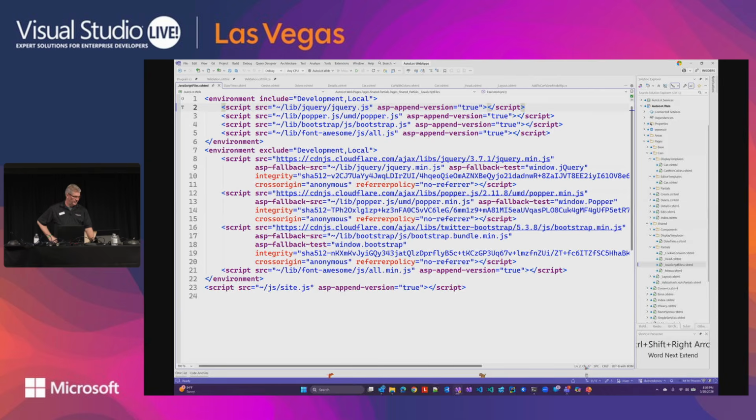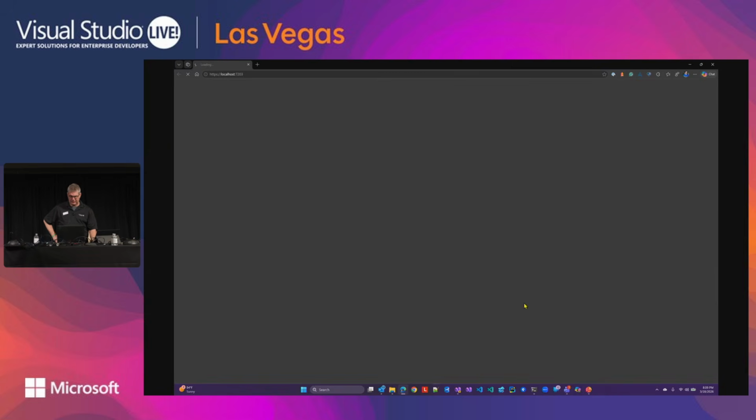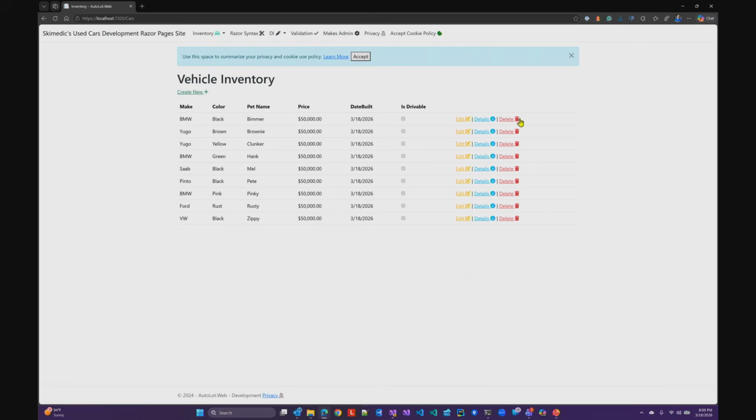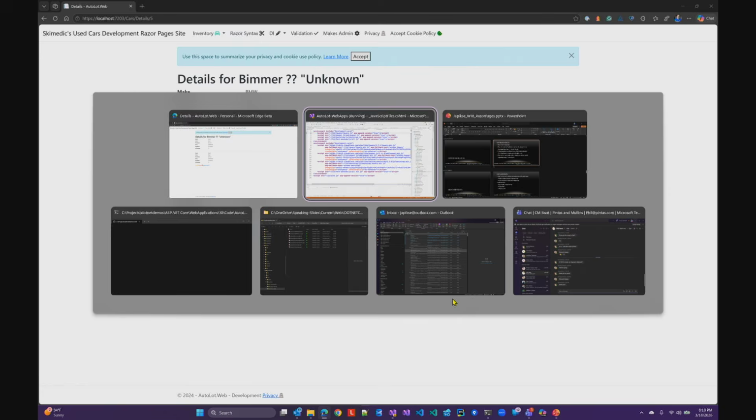You can build your own tag helpers. I'm not going to go into great detail about how to do it, but you inherit from tag helper and then you override process, but I'm going to show you the tag helpers I have in the demo. These are all custom tag helpers here. Edit, details, delete. And yes, I could just rewrite that. It's very simple. It's just a link to go to the edit page or the details page. But